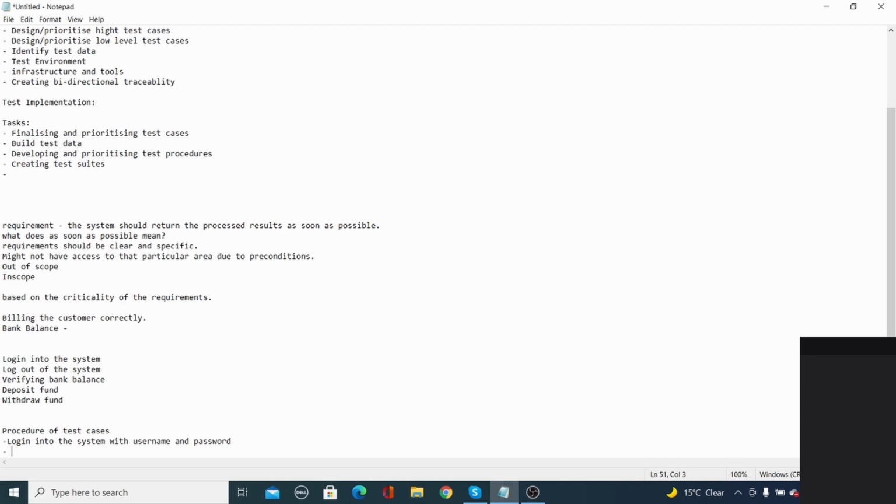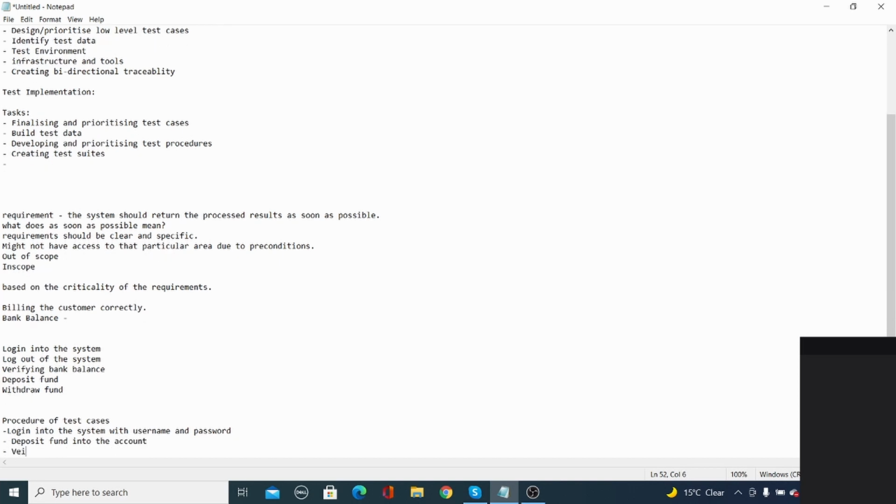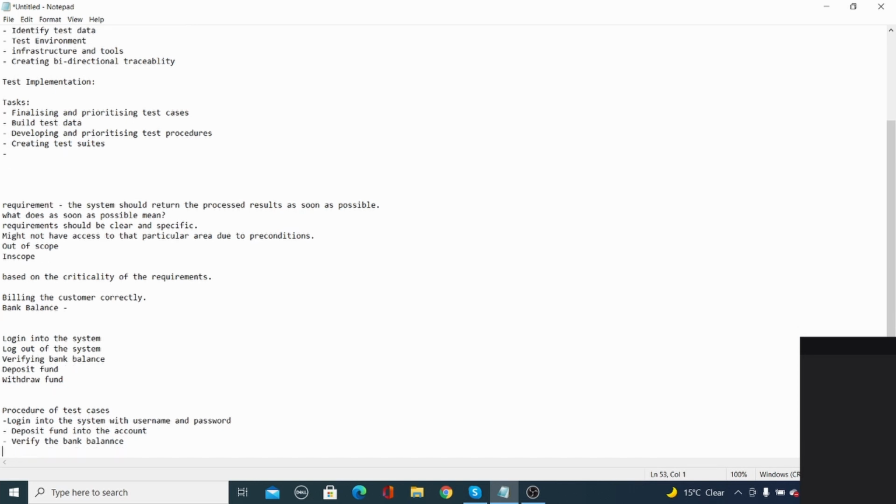If you log out, you won't be able to continue. So let's say deposit fund. Deposit fund into the account. Verify the bank balance. So what happened? You logged into the account, you deposited some fund and you verified the bank balance.